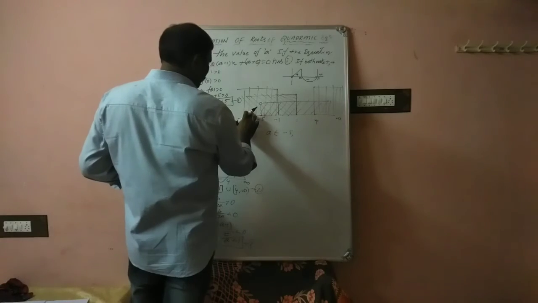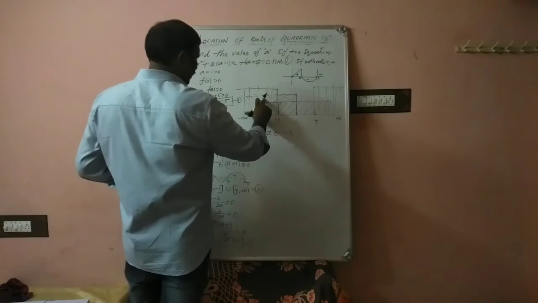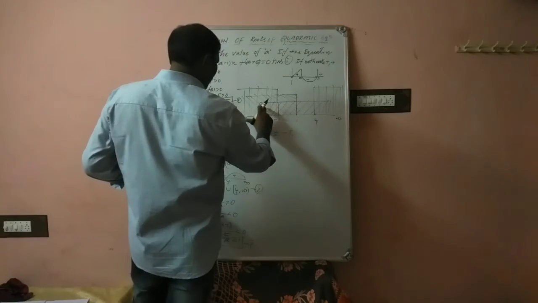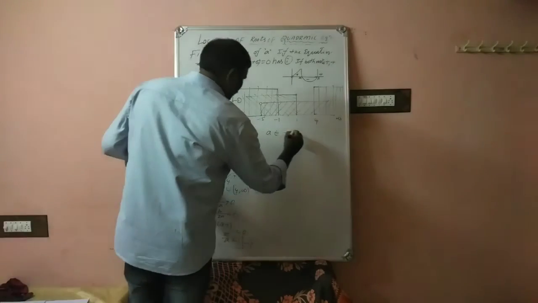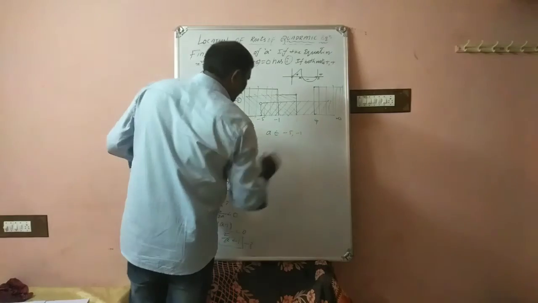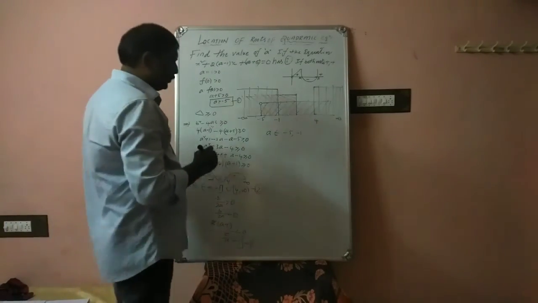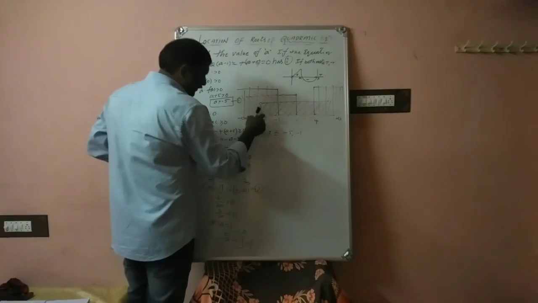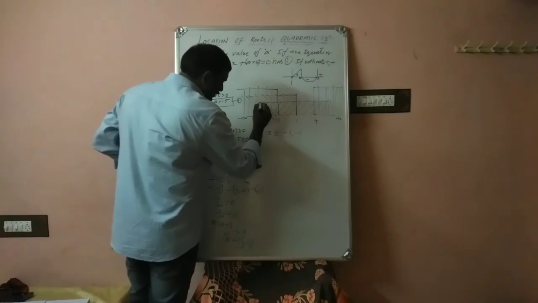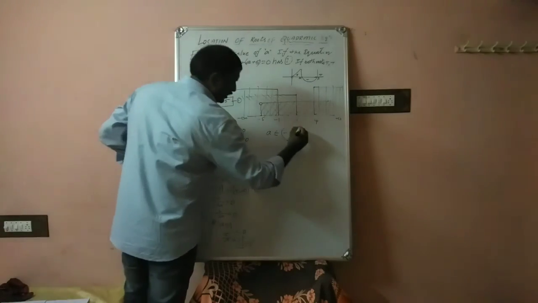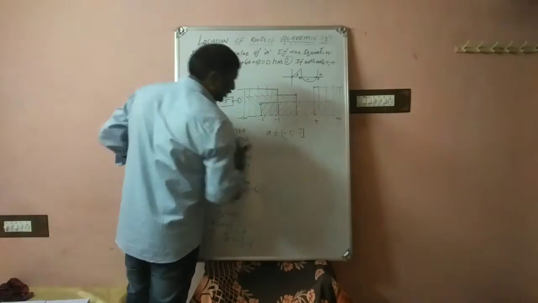But whereas here one more solution, only two solutions are there. Here also two solutions are there. Here two solutions. Here two solutions. But whereas here 1, 2, 3 solutions will be there. So minus 5 to minus 1. Minus 5 is open interval because minus 5 is strictly. So except minus 1, the remaining values we have to consider. So A belongs to open interval minus 5, closed interval minus 1.